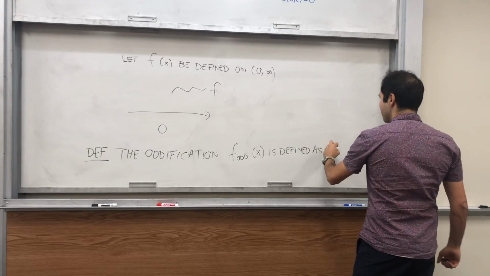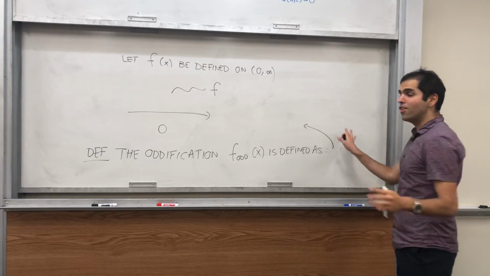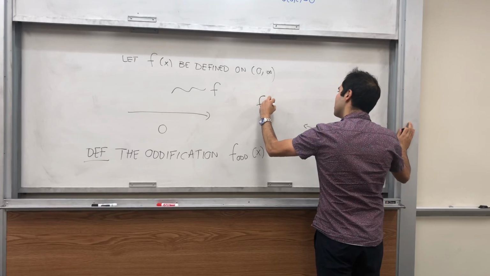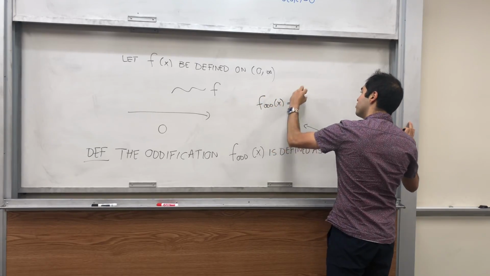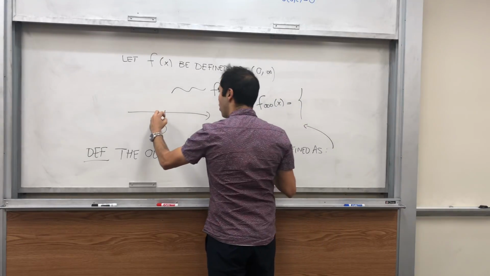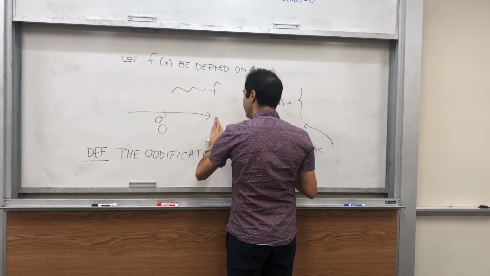Again, it's a function on the whole real line defined as follows. f_od of x is, if x is positive, so from 0 to infinity,